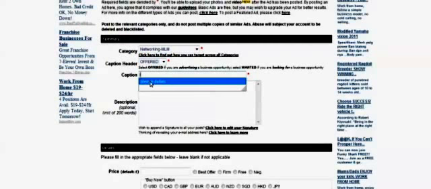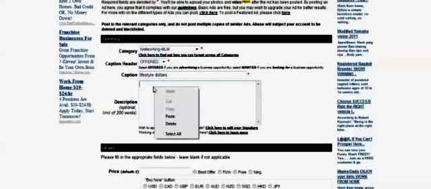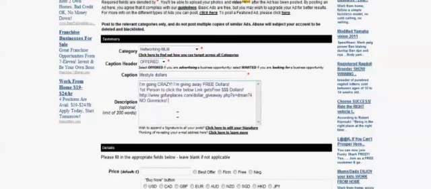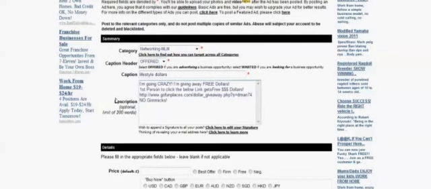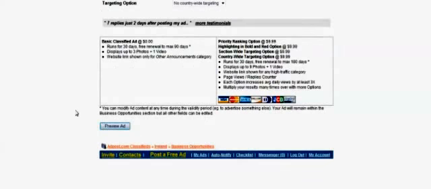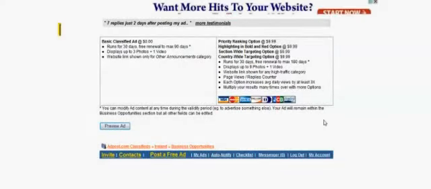What I'm offering, and what you guys are offering, are either lifestyle dollars or club cards. So on this ad, I think I'm giving lifestyle dollars away. Down in the description, I'm going to right-click and paste the ad that I chose for my back office. Simple as that, guys, and I'm done. I'm going to scroll down to the bottom and disregard all this other stuff because you already filled that out when you set up your account. I'm just going to hit preview ad.